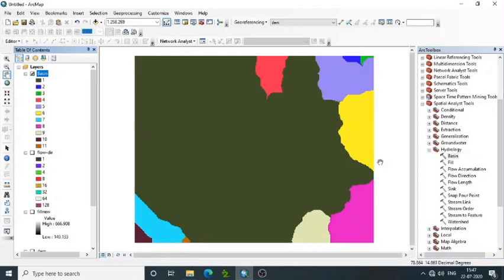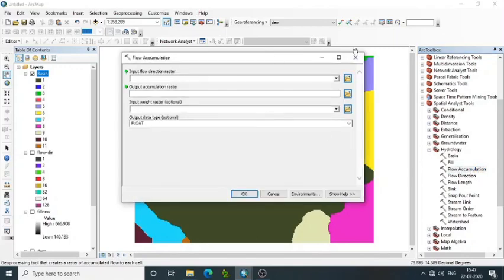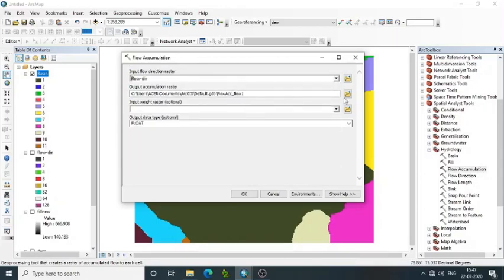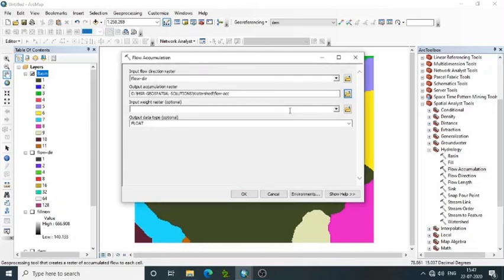Then go to flow accumulation. Flow accumulation is nothing but the flow accumulation tool calculates accumulated flow as the accumulated weight of all the cells flowing into each downslope cell in the output raster. So again we are considering input as flow direction, then give output, make it OK.